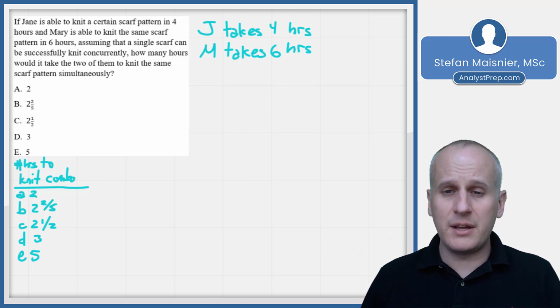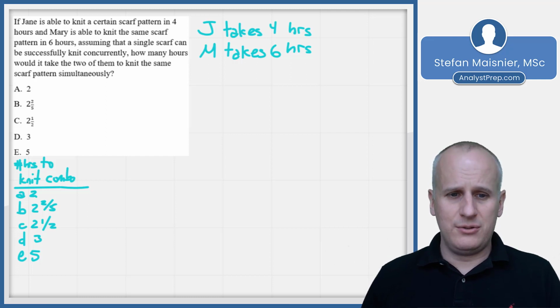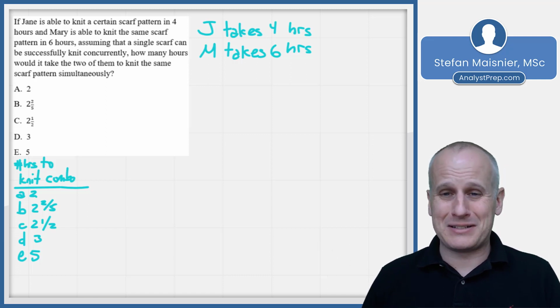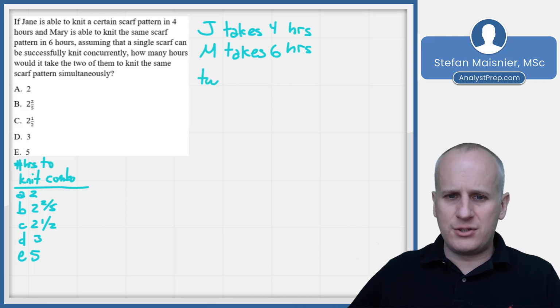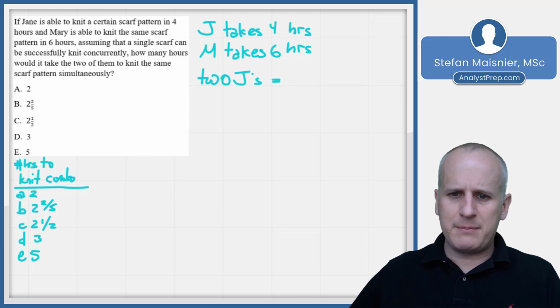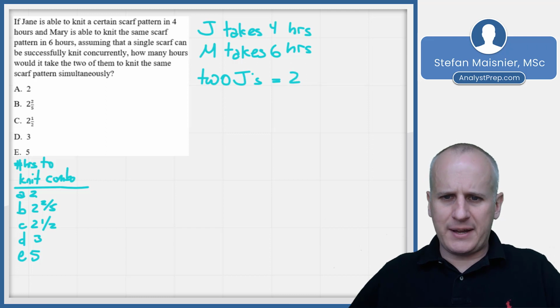So, assuming a constant rate here of 4 hours and 6 hours, what we can do at this point is, first, we can do a little bit of logical estimation, and that's always a good thing with these alternative tactics as well, because we know that if we had 2 Janes, that'd be equal to a total time of 2